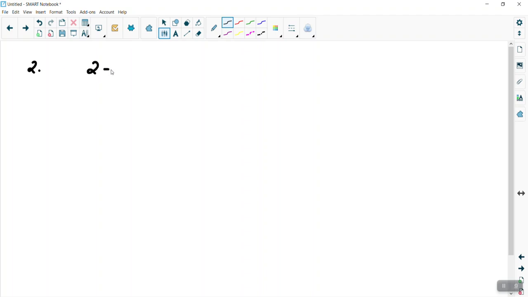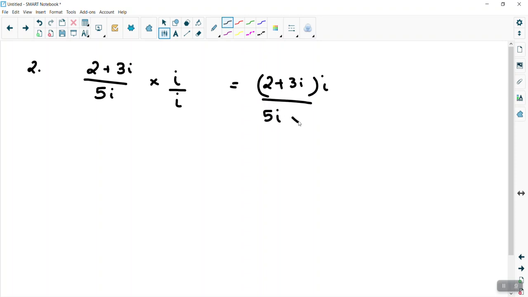So here we have 2 plus 3i divided by, let's say, 5i. Again, in this particular case, you'll see that in the denominator we just have i. So we again divide it up and down with i, which gives us 2 plus 3i times i over 5i times i. Expanding and opening the brackets, we get 2i plus 3i squared, because 3i times i, over 5i times i, which